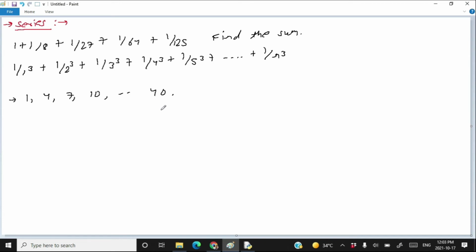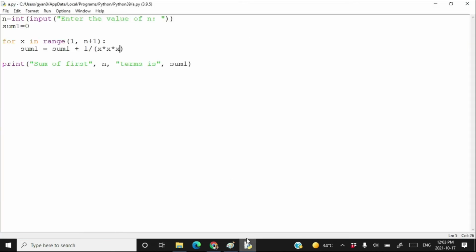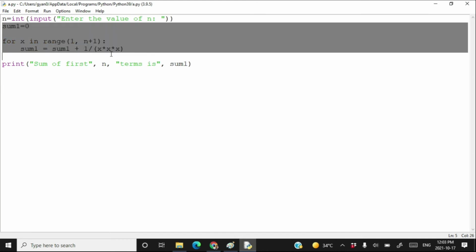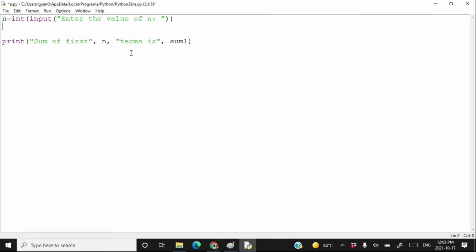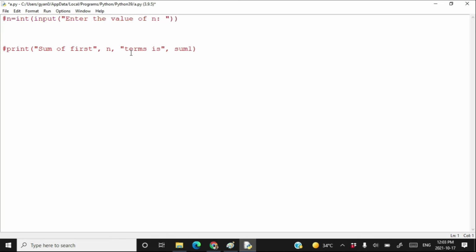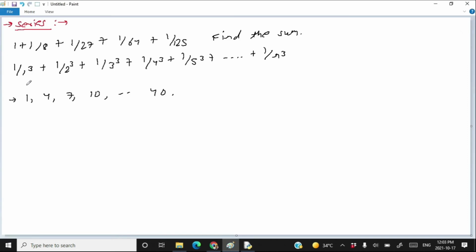Let's try it practically. Let's have a fresh coding window. We do not have to calculate any sum, so let's comment out the print statement here. We don't have any number of terms here. We just have to print up to 40, and the difference between two values is 3.